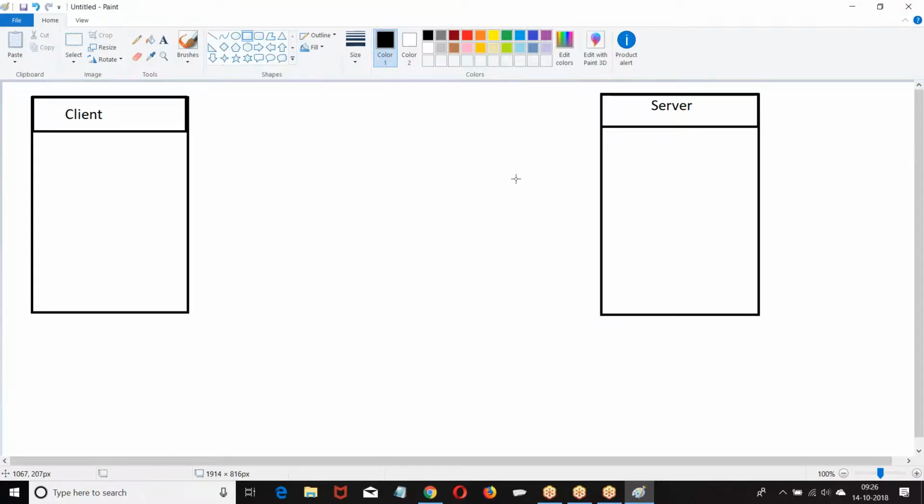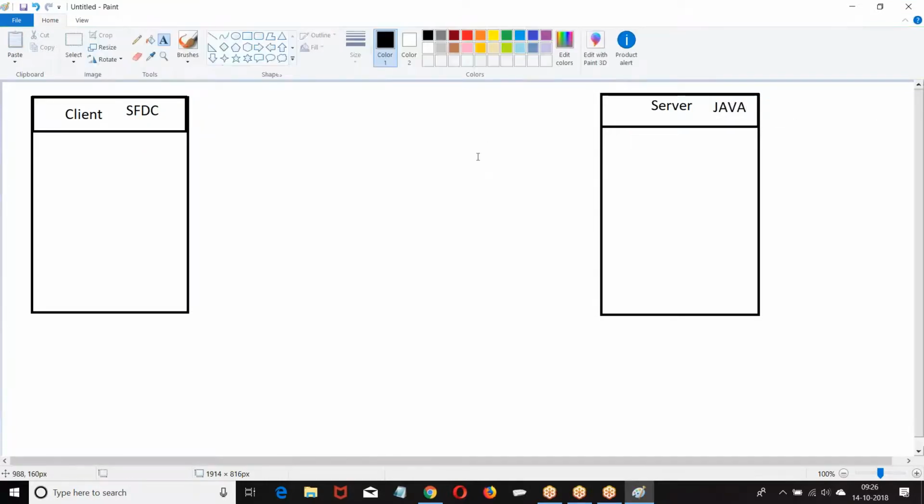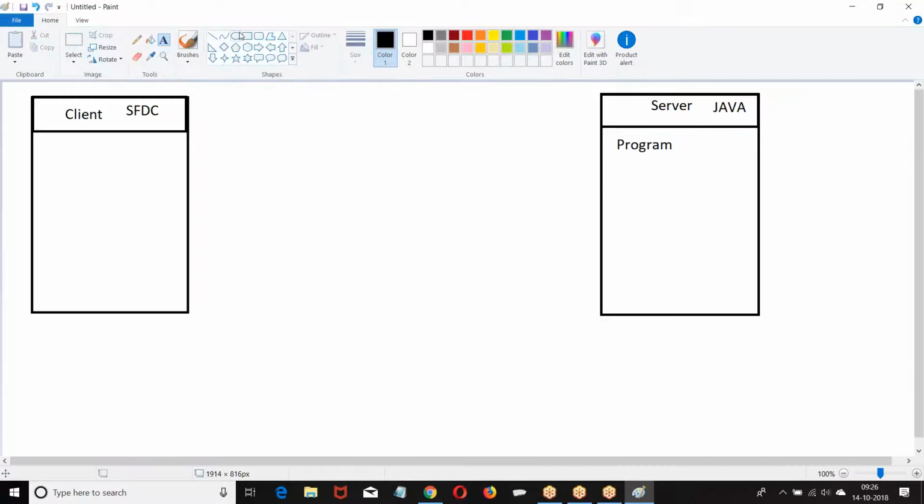Look at the format. When you go with the client and server, the client is SFDC, let us assume. The server is Java. In Java, they wrote a program, which is used to add two numbers and give a result.